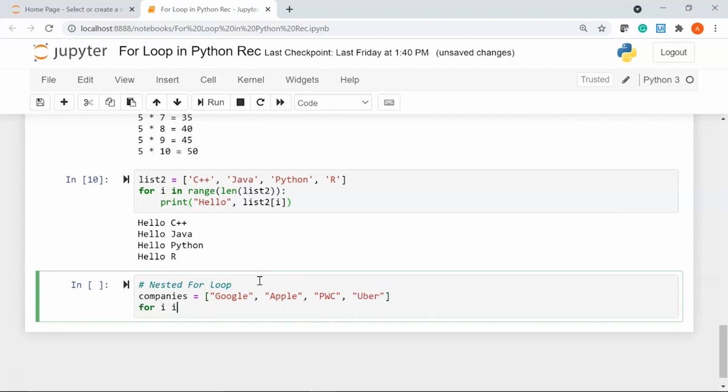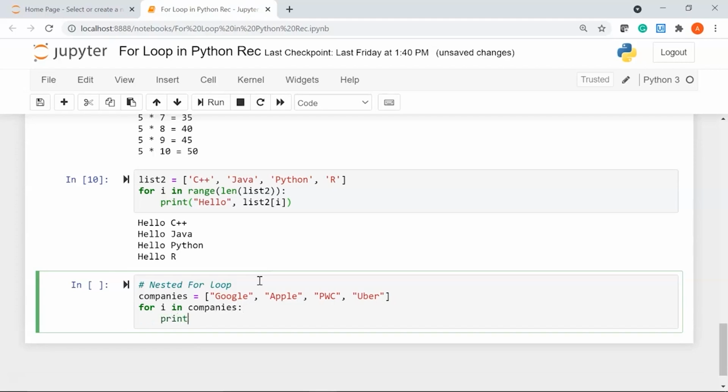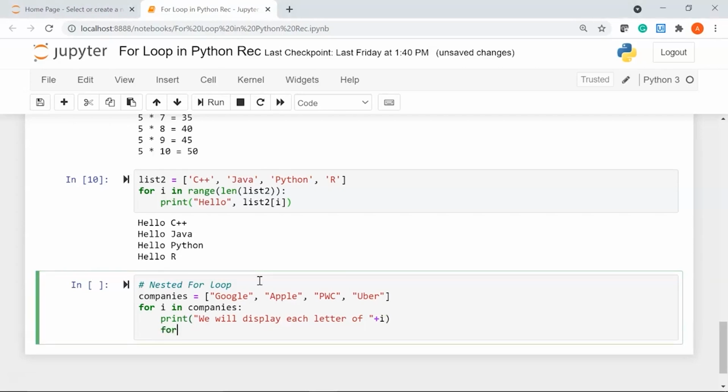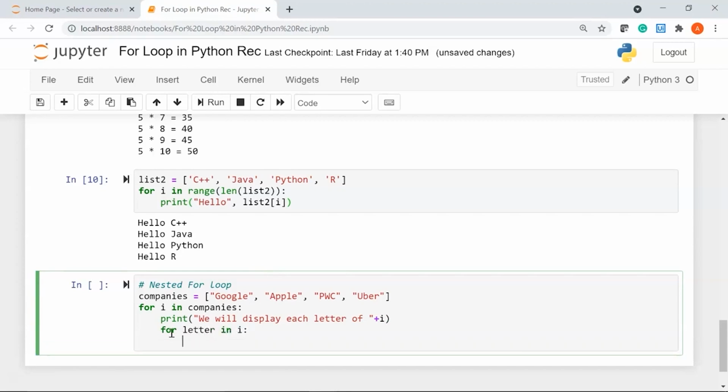So here I'll write for i in companies, I'll say print, we will display each letter of, plus i. Now I'll use my second for loop saying for letter in i, print the letter.